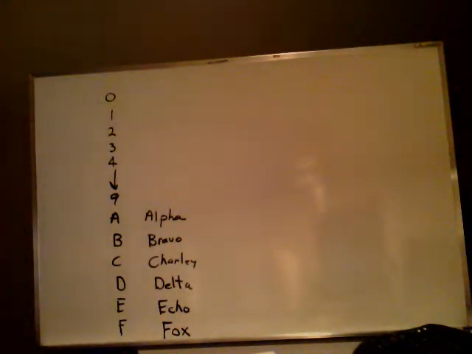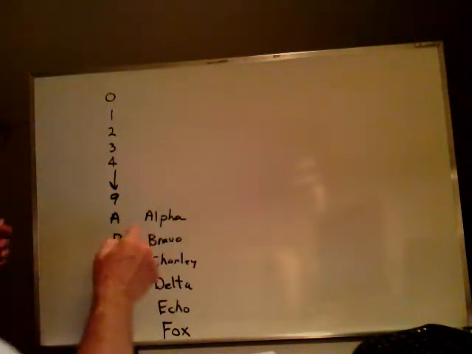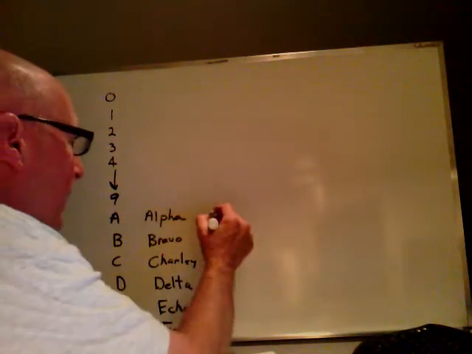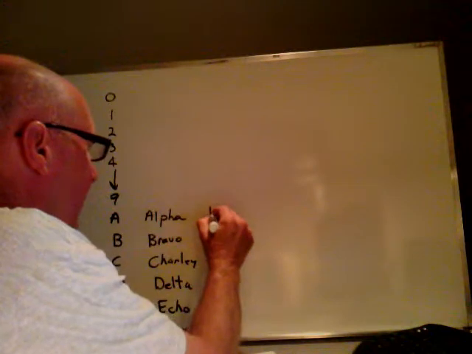If you take a look in your textbook on page 38, you'll see a table that shows the hexadecimal numbers, the decimal number equivalent, and the binary. Pretty useful to go between hexadecimal and binary, so you should also recognize the binary equivalent for each of these hexadecimal numbers. For instance, Alpha is a 1010